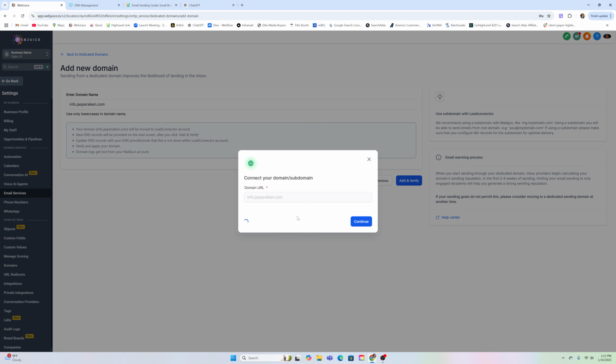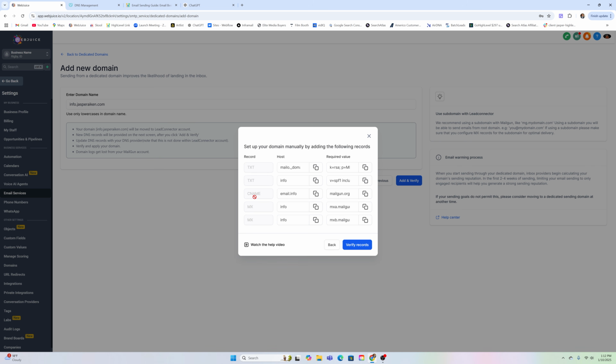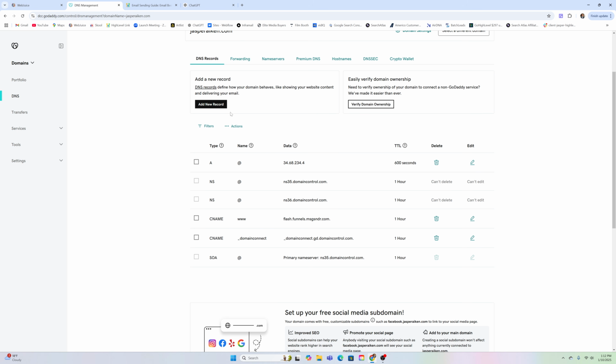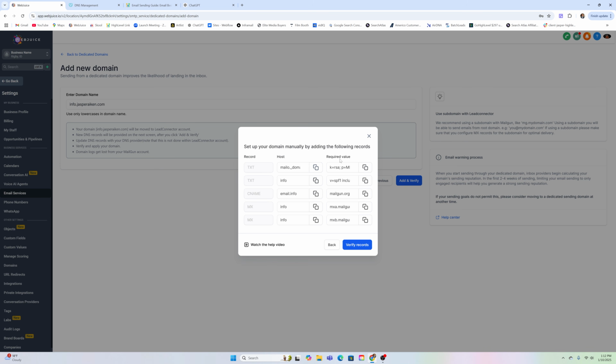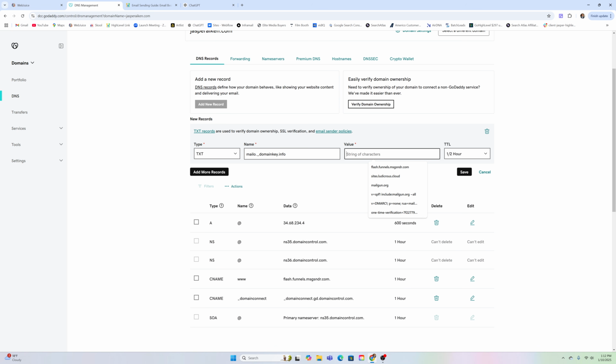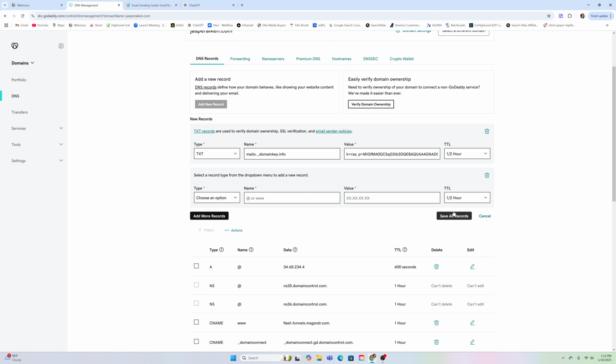So I'm going to click add records manually, and it gives us these 5 records right here. So we're going to go in and create this first TXT record. I'm going to go ahead and copy the host name, so I have that there. We're going to go into GoDaddy. I'm going to click add new record. This one's going to be a TXT record. I'm going to paste in that host name that I just copied from Go High Level right here. The next one is this required value. I'm going to go ahead and copy that. That's going to go in this value box, and then we'll set the TTL to half an hour. I'm going to add more records, so I'm not going to save this one quite yet